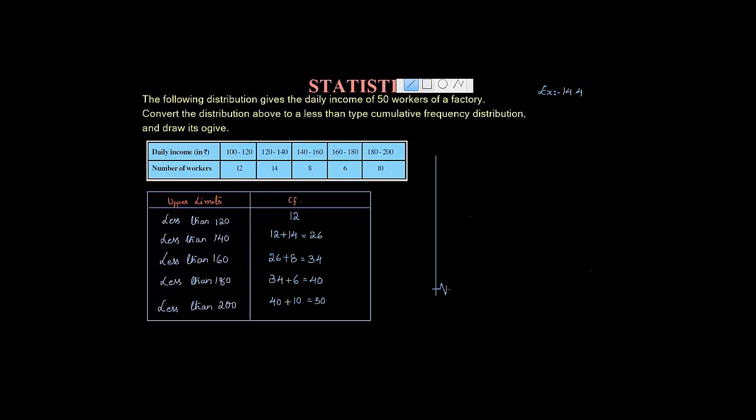Okay, let me just draw it now. This is how you will start whenever you are skipping some of the values at the beginning, because I want to start from 100 so that I can take the scale 20, 20. It is absolutely fine if you are taking a scale of your own. So what is my x-axis? It is the upper limit. Let me just write it here. Upper limit. What is the y-axis? The y-axis is the cumulative frequency. Now let me write the values.